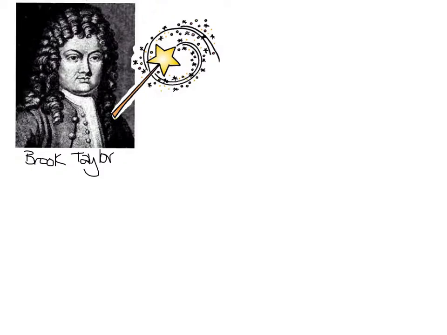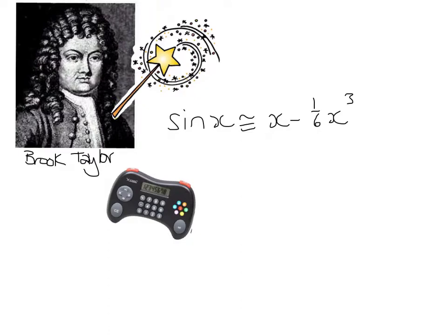Okay, fine, says Brooke Taylor. How about this? Sine x is roughly equal to x minus a sixth x cubed. I reckon you can use your Xbox calculator and get a better approximation for sine 0.5 that way. So we get our Xbox calculator and we type in 0.5 times 0.5 times 0.5 because we've got a times button, and then we divide it by 6, and then we do 0.5 minus whatever that is, and that comes out to be